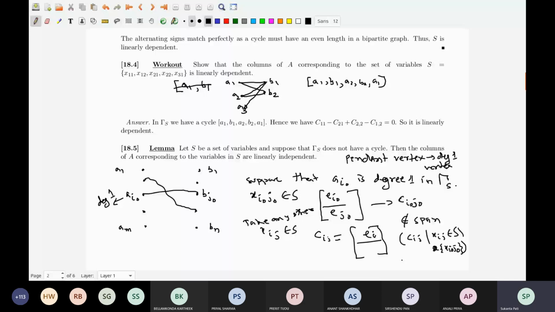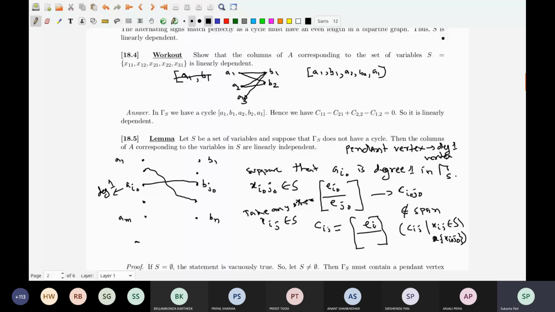What is S minus x_{i0 j0}? Is this a set of variables? Yes, this is a set of variables. If this is empty, then you are done, because your set was only having one element, so the corresponding set of columns will be linearly independent. So assume that it has more elements, so in that case S minus x_{i0 j0} will be non-empty, no problem. But